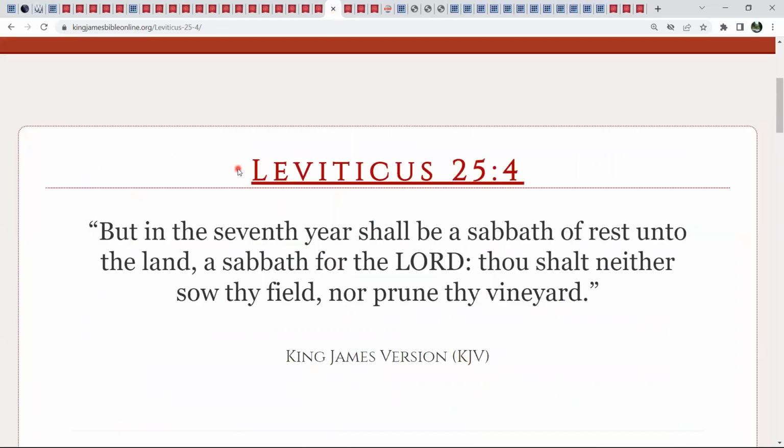Continuing with Leviticus chapter 25, verse 4, but in the 7th year shall be a Sabbath of rest unto the land, a Sabbath for the Lord. Thou shalt neither sow thy field nor prune thy vineyard. These are statutes just the same as Leviticus 23. Statutes are meant to be obeyed and observed. And because of this, now the land is not producing, and the topsoil is all wasted for agriculture. We are also repairing that breach and restoring the path to dwell in agriculture by the